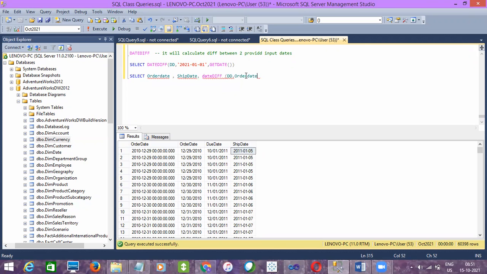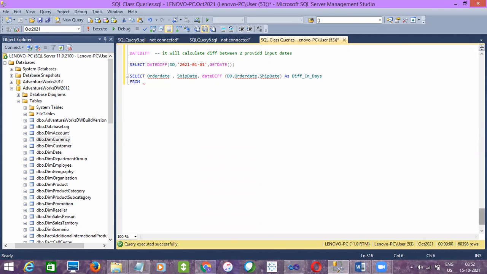Instead of a hardcoded value, I'll give columns here, as I told earlier. Then the second argument is the other date, as difference in days, from the table name, fact internet sales.